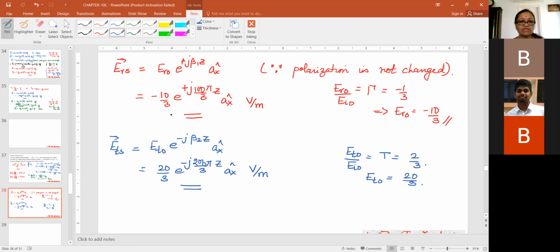Some of you will be wondering why in some cases there is a minus and in some cases a plus. Don't bother, because after all it's an electric field which moves through half the cycle positive, half the cycle negative. It's actually the axis that is important, whether it is ax or ay or az. Is this fine, guys? Next, how can you extend this problem? You can extend it by asking to calculate the magnetic fields. All three magnetic fields can be easily calculated because you already have all the parameters that you need. Just plug it in and write it.